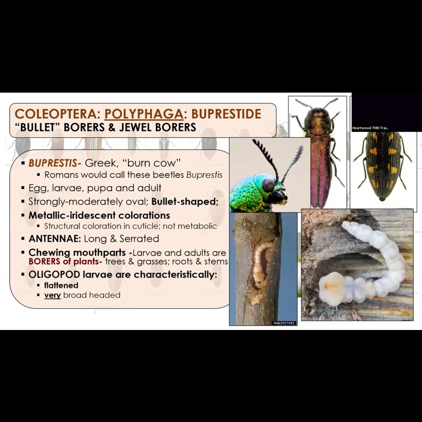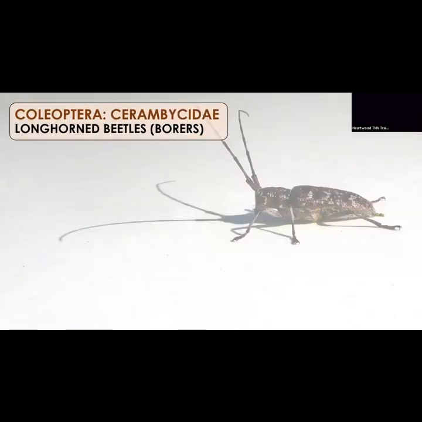So the larva of Buprestid look different than a lot of other beetles, and that can kind of help guide you in that area. Basically, you see that big old head? Not all of them have a big old head like that. So this is your oligopod, so it's a walking, chewing larva, but it has a very large head and it tapers towards the end. That in itself tells you you're probably looking at a Buprestid larvae. So even just the shape of a larva can get you to a family, just like that.